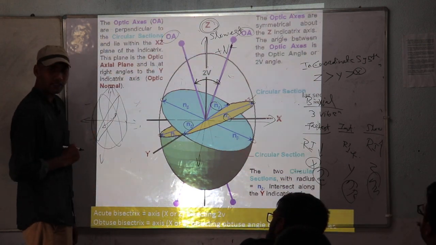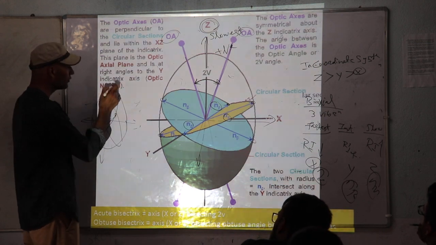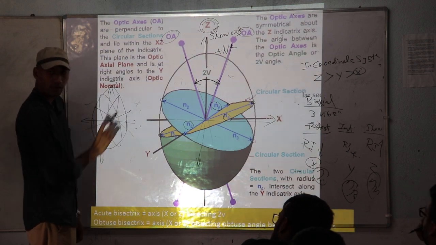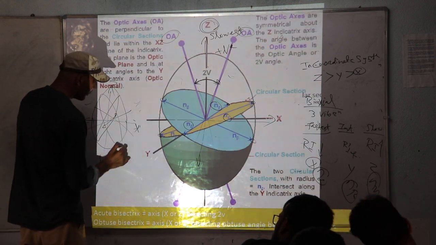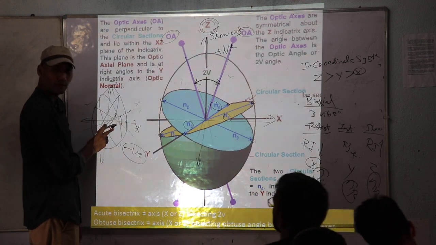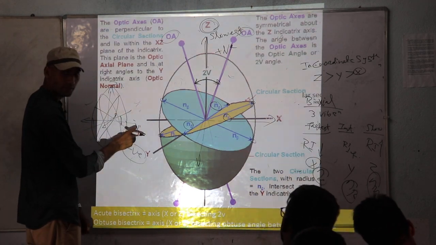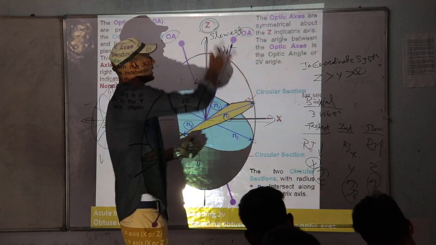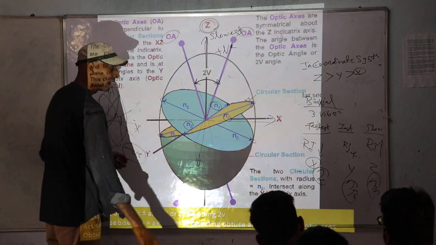So if I am talking about this diagram, here the circular sections are close to Z, so the optic axis will be perpendicular, nearer to X. Here this will be negative, because the acute angle that is formed is bisected by the fastest vibration, so the mineral is negative. Here the acute angle is bisected by the slowest vibration, so that is positive.